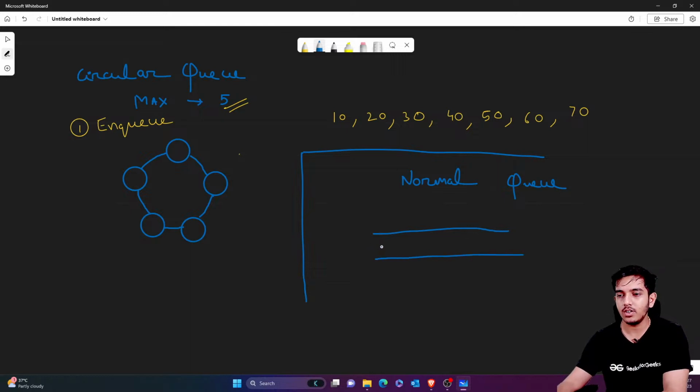First of all, you will be inserting 10 here, then you will be inserting 20 here. Obviously in a normal queue also you won't have infinite memory. You can always store only a few elements. The problem with this is actually,